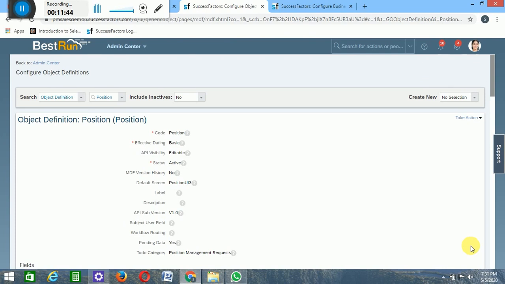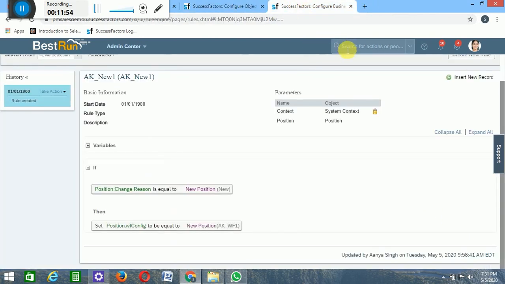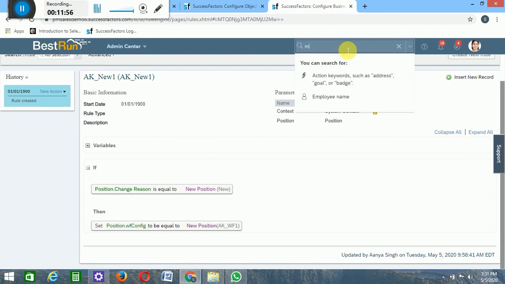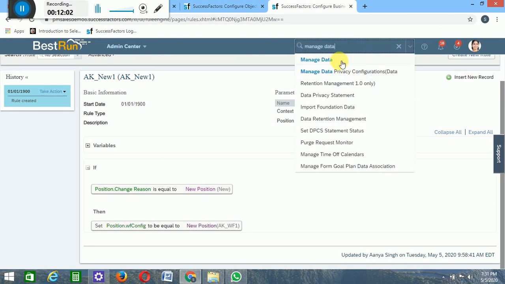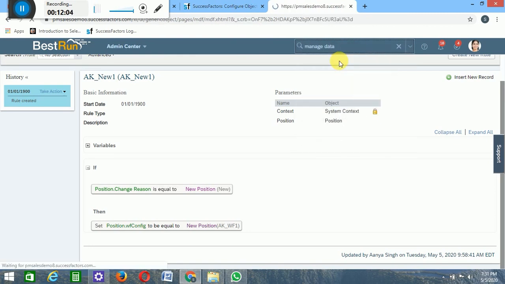If you are changing any field name or anything else, the workflow should not get triggered. So let's check. Where do we need to check? Always in manage data or manage position; we can use both here. Okay, manage data.